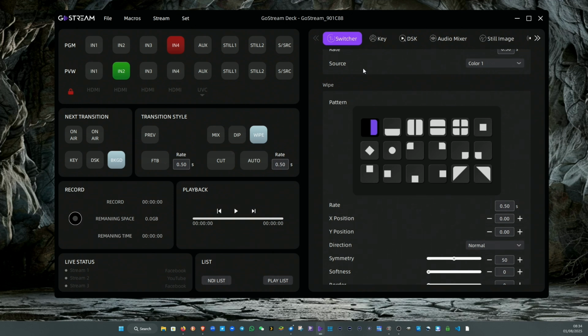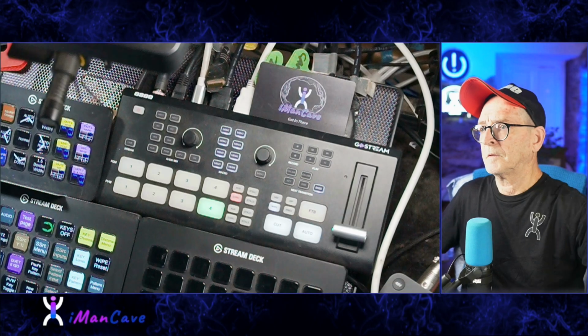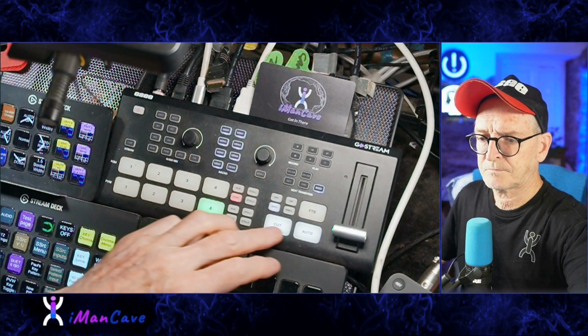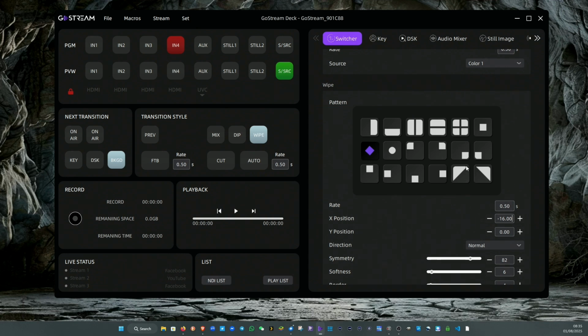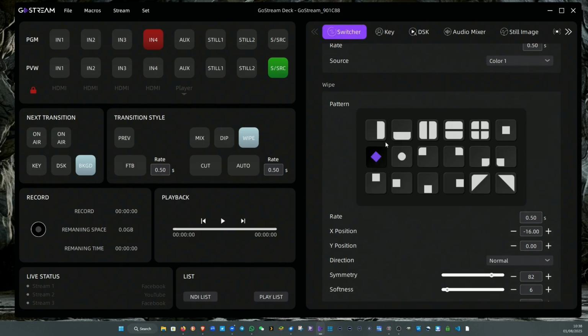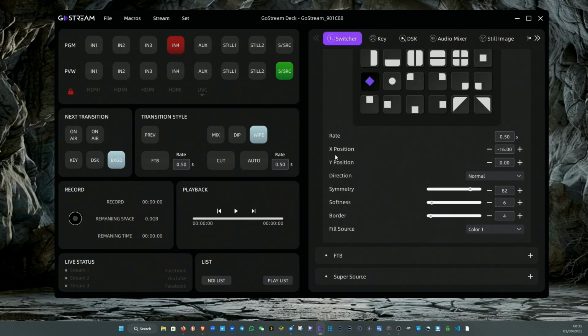So let's get to a complicated one. Let's go for a transition like this. Now, as you can see, I've changed a few settings. The wipe pattern is the first one on the second row there, the diamond shaped one. The X position is -16. The Y position is 0. Direction normal. Symmetry is 82. Softness